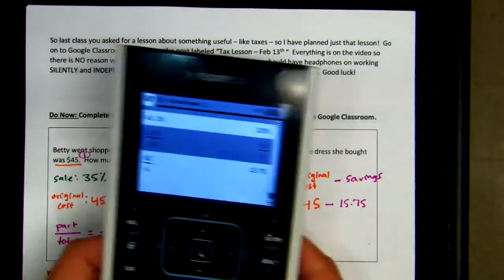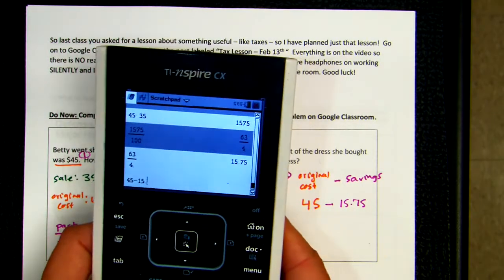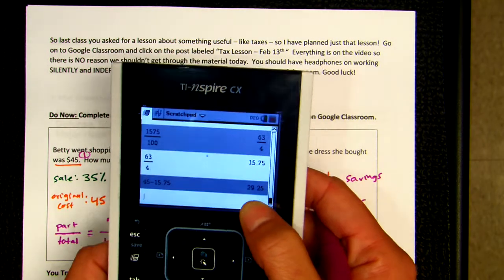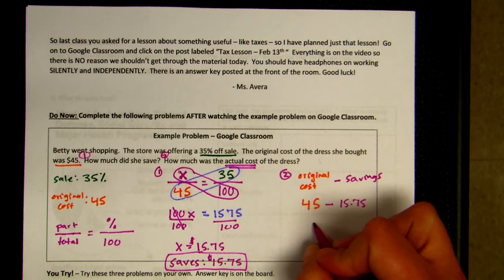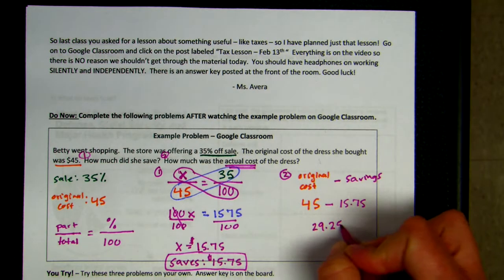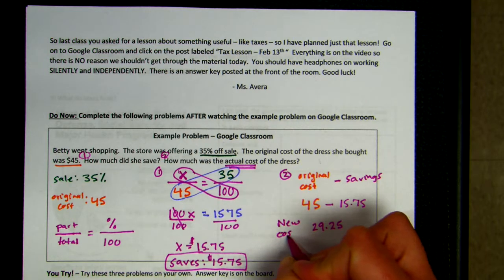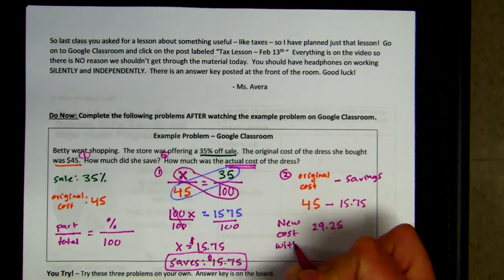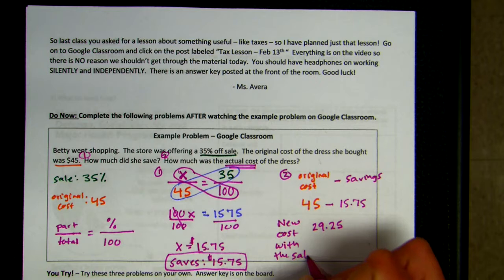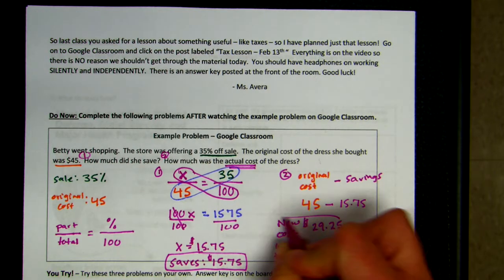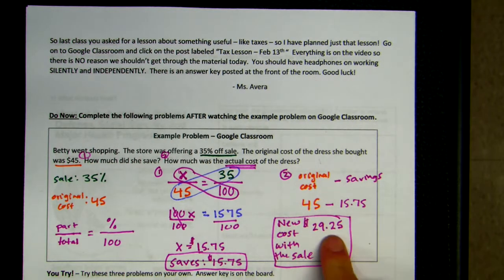If I plug that in my calculator, 45 minus 15.75, I get 29.25. Okay, so 29.25 is the new cost with the sale. The new cost with the sale is